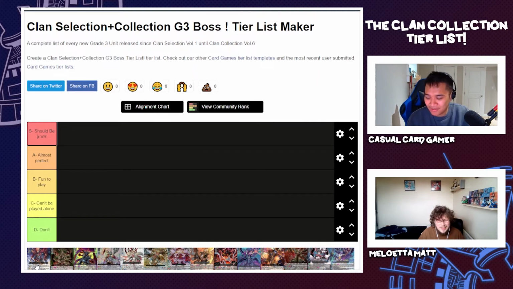We have Embodiment of Victory, Aleph. So good old Aleph. Where do you think our old vanilla superior ride fits into this list? We have 5 categories. S for should be a VR, A for almost perfect, B for fun to play, C can't be played alone, and D is straight up don't. Honestly, he very much slides into B,